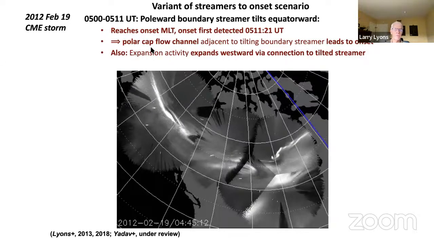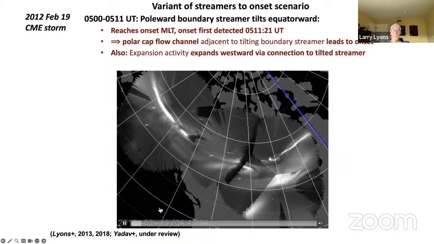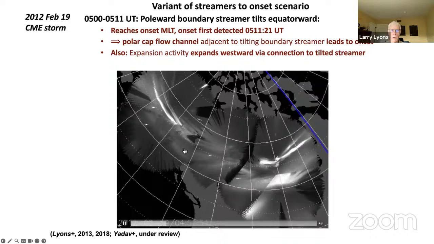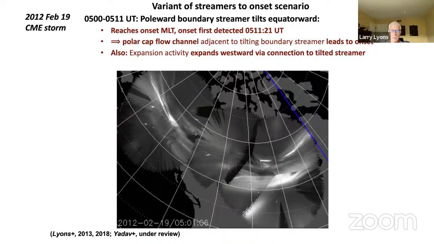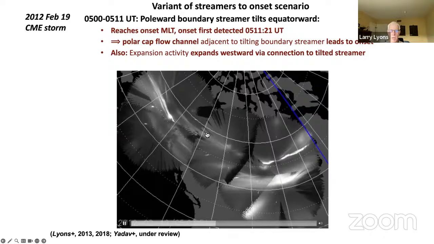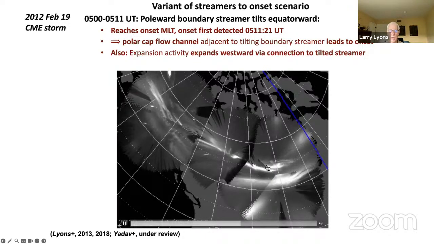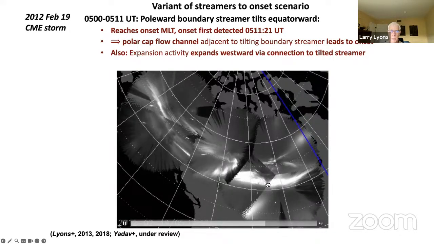A kind of interesting variation of this streamers to onset scenario is what happens along the auroral polar cap boundary at times. In this case, this is a movie of the aurora from one of our earlier papers, with nice broad local time coverage. Here's the equatorward portion of the oval. Here's the more poleward portion of the oval where the PBIs occur. Now we start to see the formation of a nice arc along the auroral polar boundary extending over several hours of local time, but its eastward edge moves equatorward, and as it gets close,